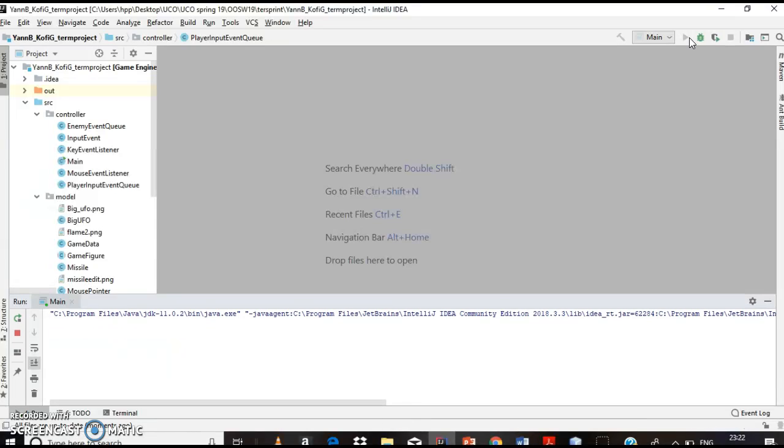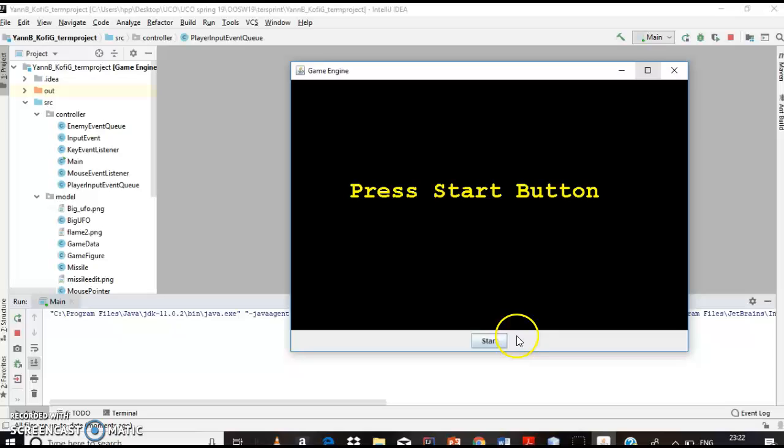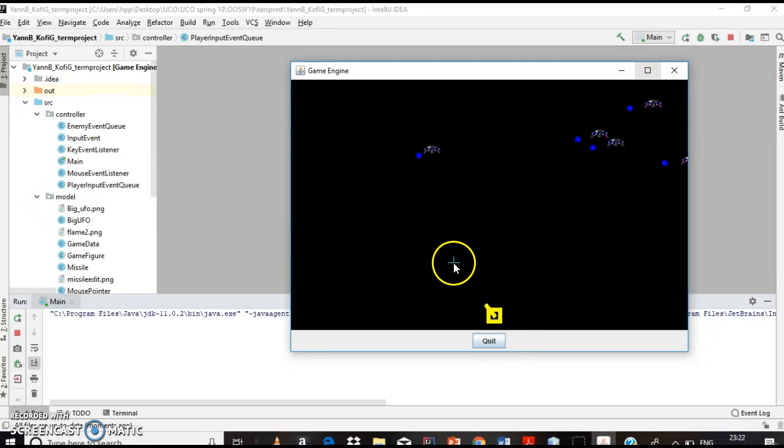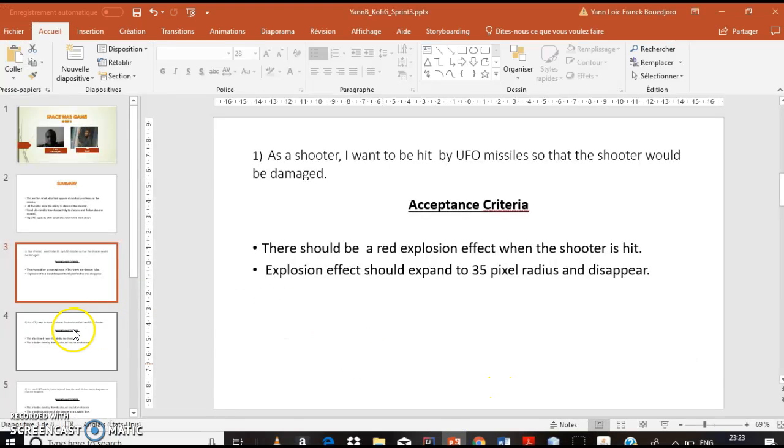Running the program. So as you can see, UFOs are shooting at the shooter, and as you can see, there's a red explosion effect that expands to 35 pixels and disappears. So moving back to the PowerPoint,